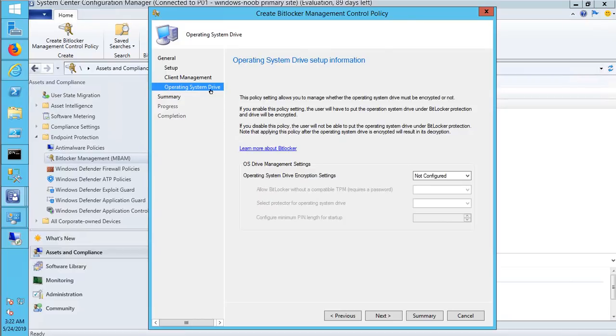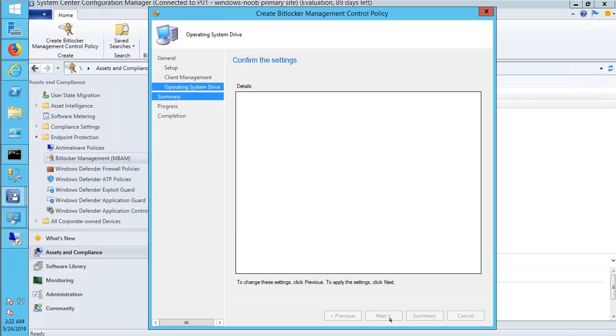Here, for operating system drive setup information, you can configure whether the operating system drive must be encrypted or not. And obviously, we want to set that as enabled. And next, we can decide whether or not it's going to allow BitLocker with a compatible TPM. Of course, we're going to allow that. And you can decide whether it's going to be TPM only and TPM and pin. And if it is a pin, what is the pin length? Once you're done with that,